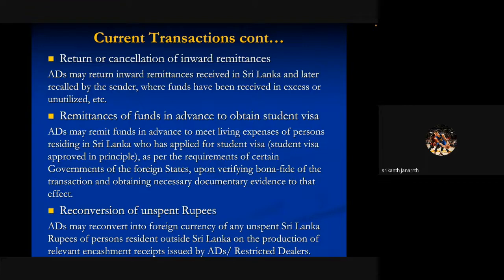The best practice should be the same place where the records are. That doesn't mean others are prevented from doing so. No, they are permitted to do that, provided you get the supporting documents to verify he has brought in $1,000 which has been encashed to rupees. Now he has the balance amount, then reconversion is possible, right? These are some of the permitted